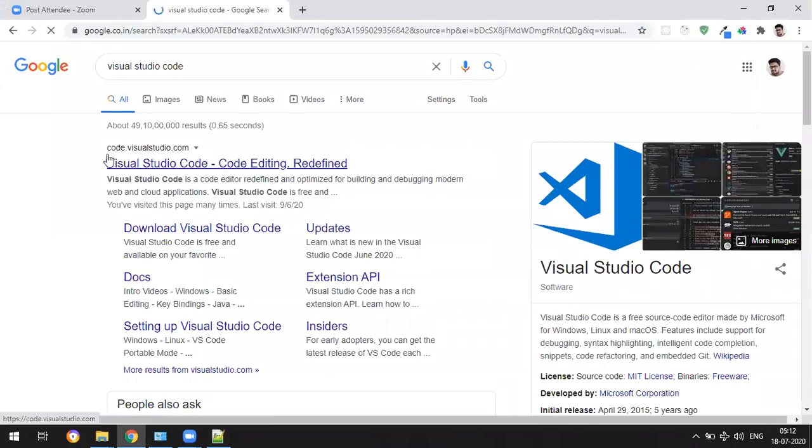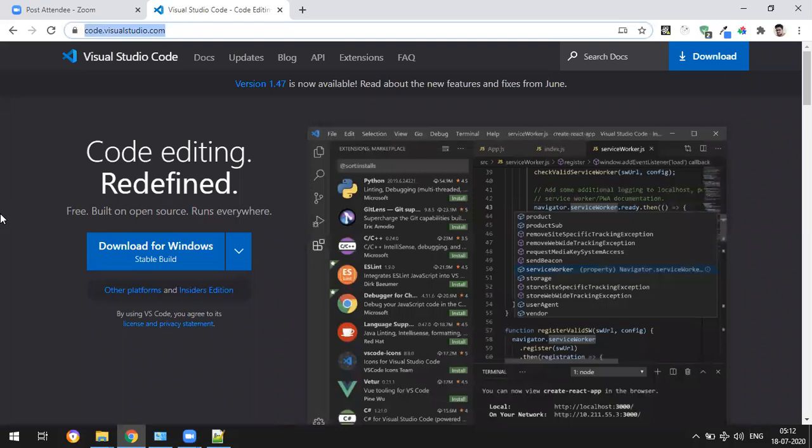Yep, this is code.visualstudio.com, and this is the official website, given by Microsoft Corporation. You can just click on this link, code.visualstudio.com. Here, it looks like this. You can add any plugins and the source code and all. You want to download this one, so download for Windows. If you have any other platforms, you can just click on other platforms like Mac or Linux, whatever. You can just select the other platforms over here. So for me, it's Windows, so I can just click on download for Windows.